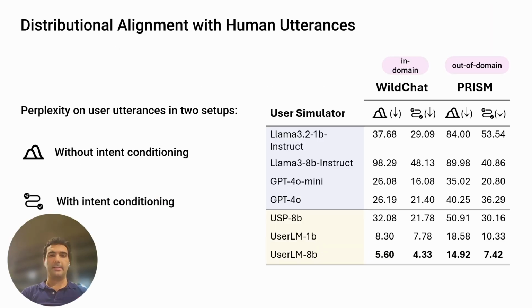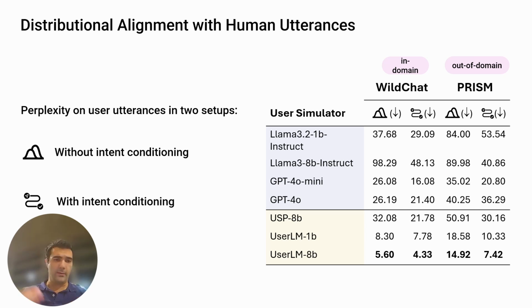And what we saw is that the model that we trained in this way achieves much lower distributional alignment to the human utterances. So what we do is, we train on a set of users, and we hold out users that are never seen during training. And we see how likely we would be to produce the utterances of these users. This is measured in NLP with perplexity, which is like exponentiated log probability. And what we can see is that our model achieves much lower perplexity on held out users' utterances, both with intent conditioning and without intent conditioning, compared to assistant models.